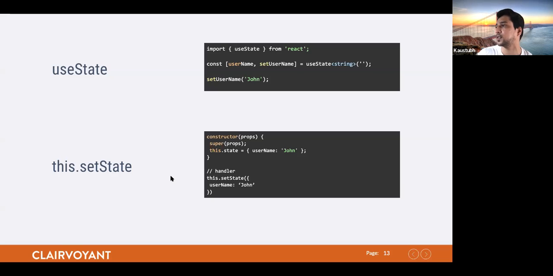First is the state, which holds our current value, and then it also provides us with a handler to manage that particular state. So for example, if I have a handler function, on a button click I would just call setUsername to John or whatever value I want. And the similar representation of what we had in the class components can be seen over here. We need to write a constructor, super, there is this.state initialization, and there is a handler over here. So this is a pretty straightforward hook.